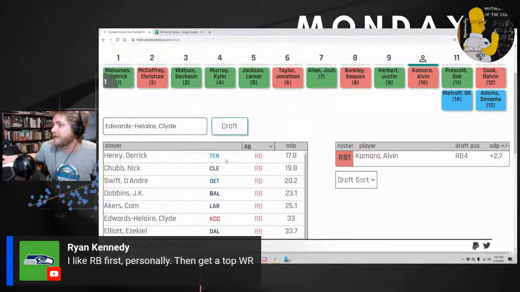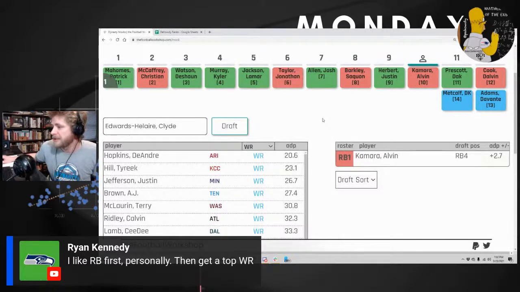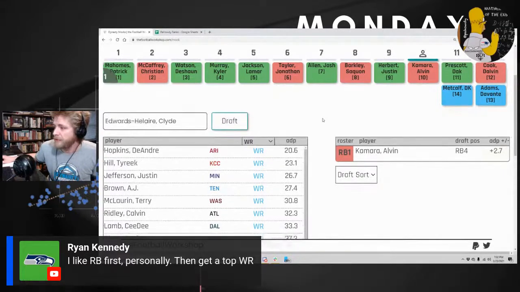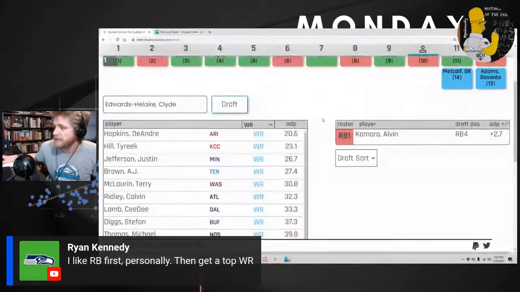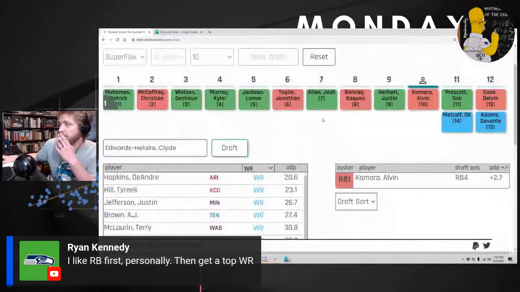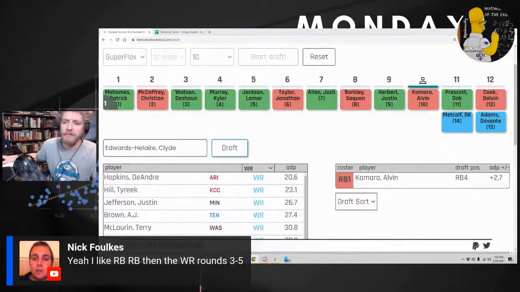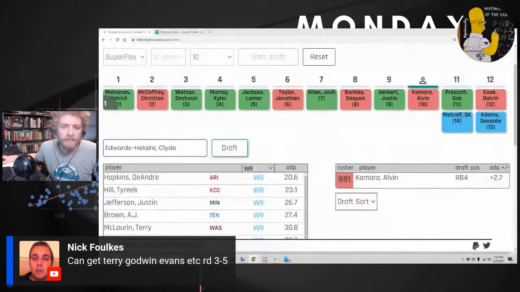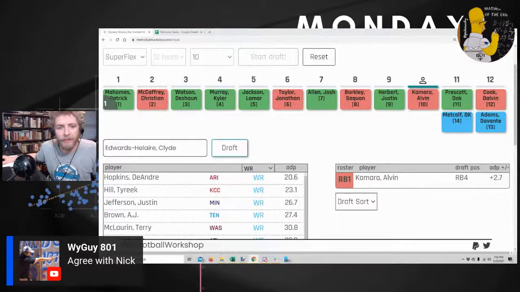Honestly, I want to roll the dice and see if he comes back to me. And so what I'm going to do, go real quick. See, Justin Jefferson, A.J. Brown are the ones that come to mind right here. DeAndre Hopkins for points, though. Terry McLaurin and Evans later just really means you don't... I'm okay not fading wide receivers so hard this early.